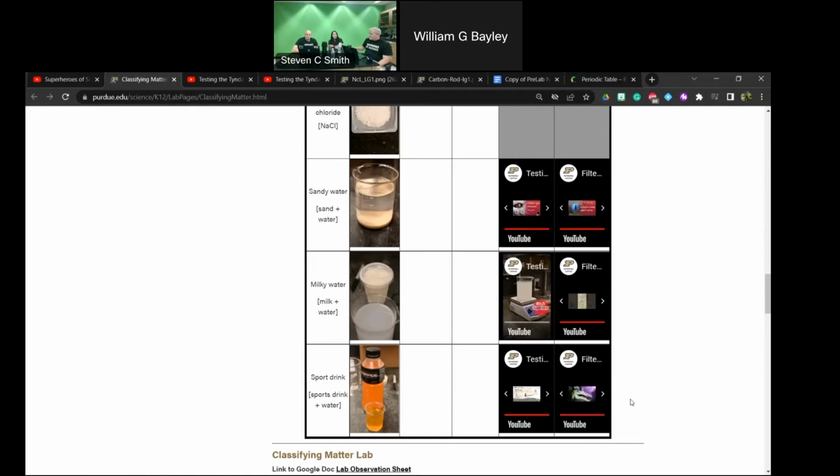And the other piece of that is it wasn't scattering light. Those particles were too small to scatter the light. The light was passing straight through. So yes, the dye particles dyed the filter, but they're still very small particles. And so really we're going to classify that as a homogeneous solution.